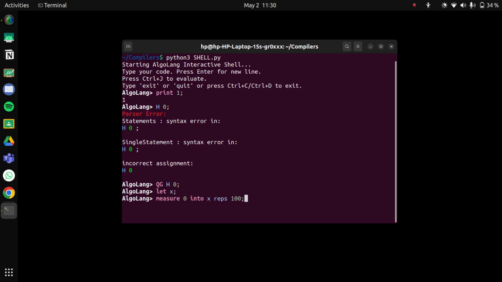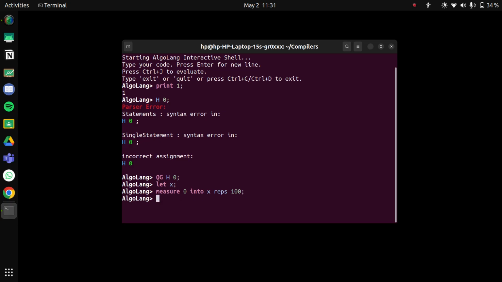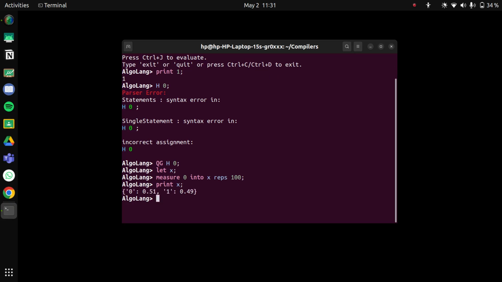So quantum computing is very much real in my language. All you have to do is change a few lines of code. But for now we're just going to run this on a virtual machine. So it's measure 0 into x with 100 repetitions, and let's say I execute this. Now in x I have a dictionary. If I say print x, Control J, this will print the number of times that you got the quantum state 0